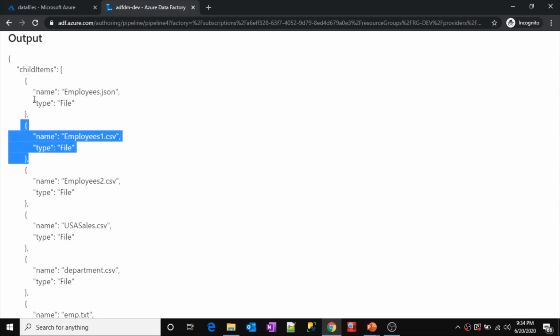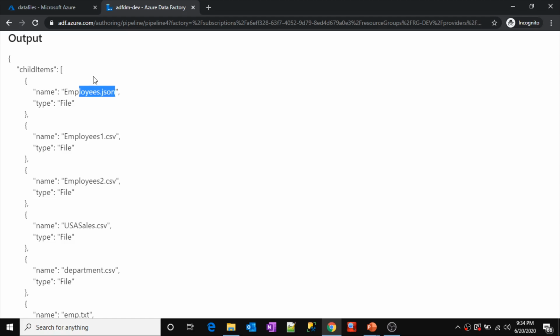Each object contains my file name. Let's assume I want to read this output in the subsequent activities, so that I can get this file name, maybe to process it or to set it into some variable.